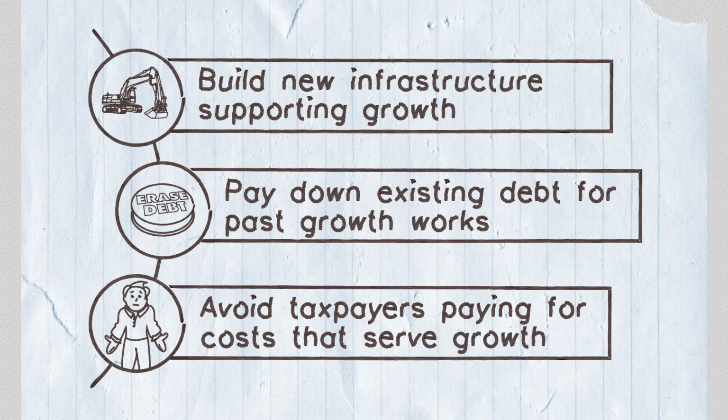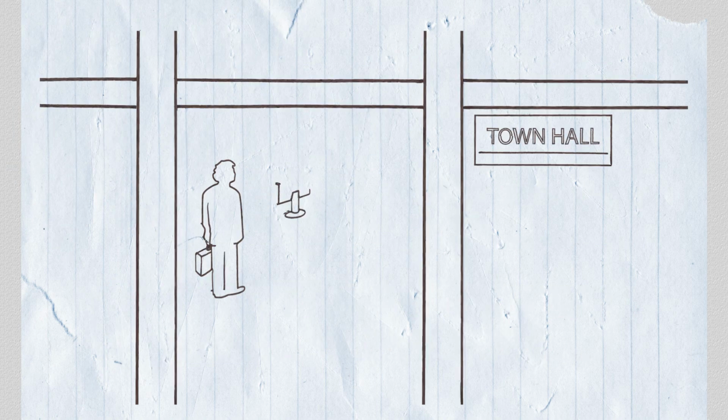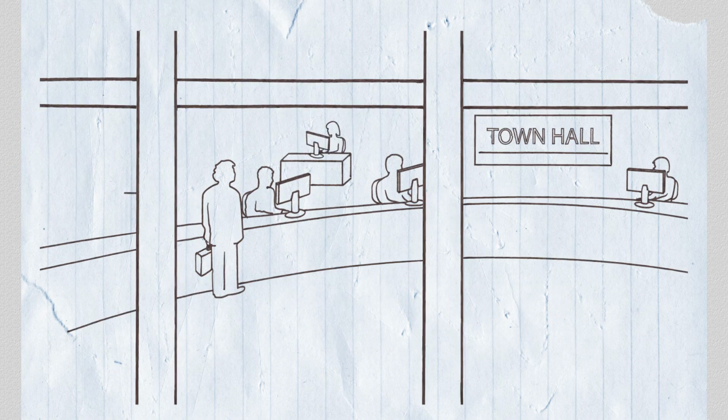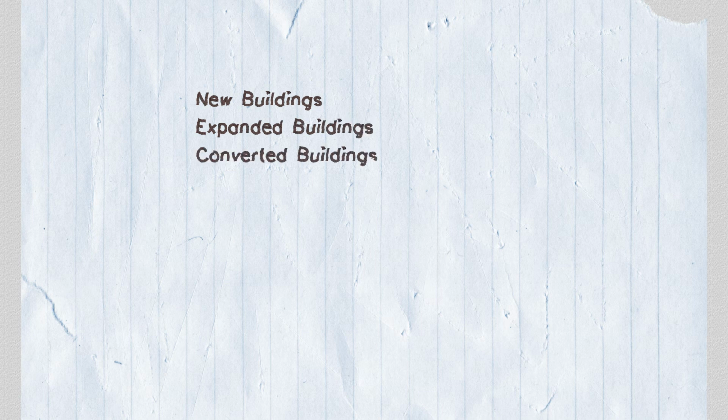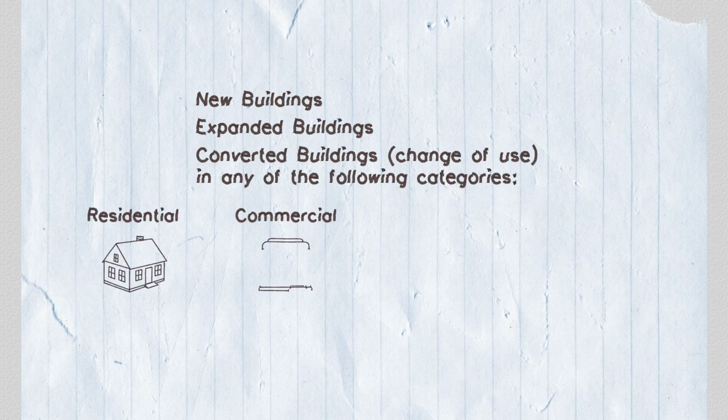Development charges do not pay for operating costs or infrastructure renewal. That's paid for by new taxes from new homes and businesses, also known as assessment growth. Development charges must be paid when a building permit is issued for most new buildings. Development charges would be charged for new buildings, expanded buildings, and converted buildings, and are split into different groups and